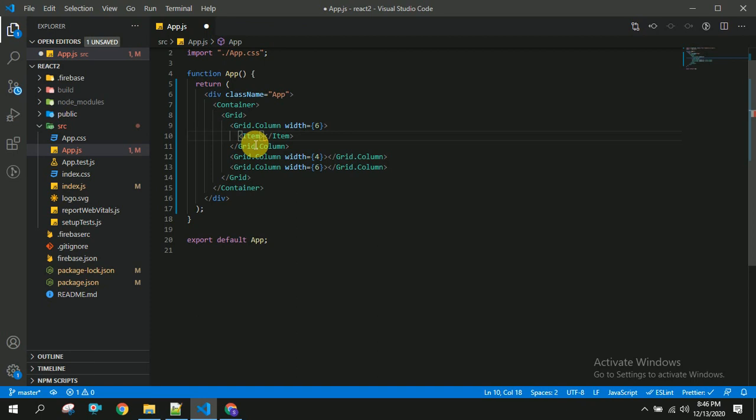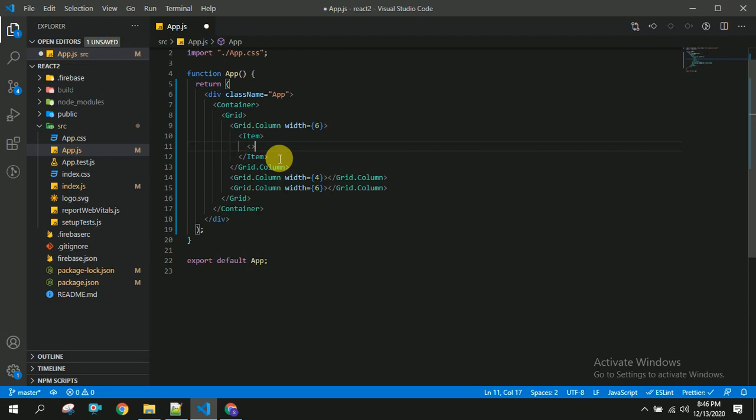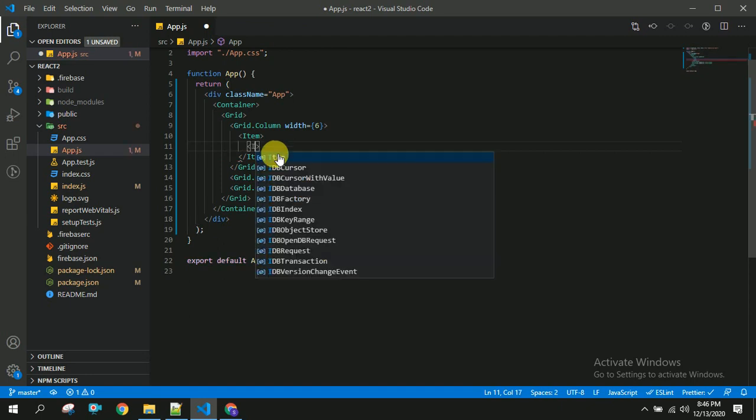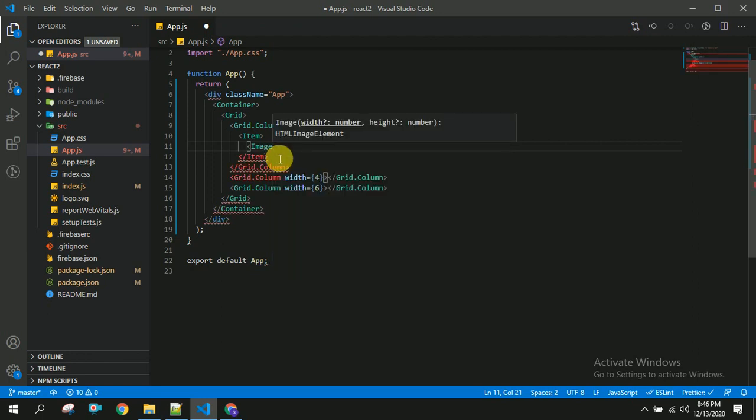It is taking some time to auto import. In this item, I am going to use Image from Semantic UI.